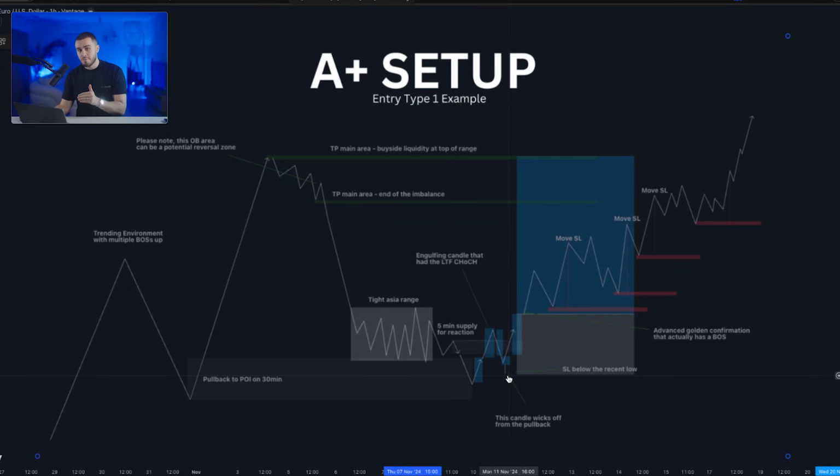Price gives us that pullback and a strong engulfing candle upwards. Our stop loss is going to be moved straight below over here, the most recent low, and our take profit is going to be at the high of the range. Now, you could have 2 options. You could leave it at 3 risk to reward or potentially leave it at the high,